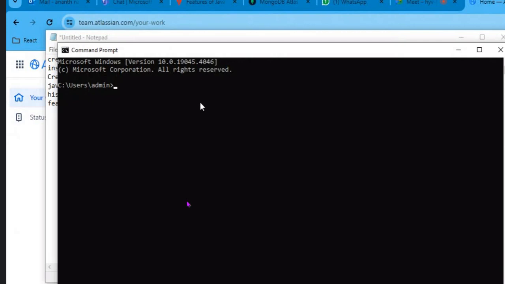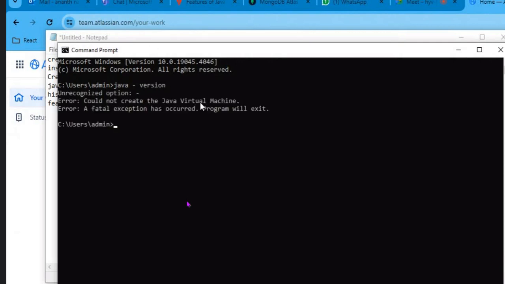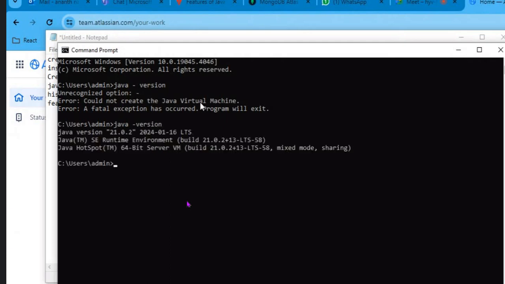No, java minus version. Java hyphen version. It should be together. No, no, minus version should be together. So you are all set with JDK.